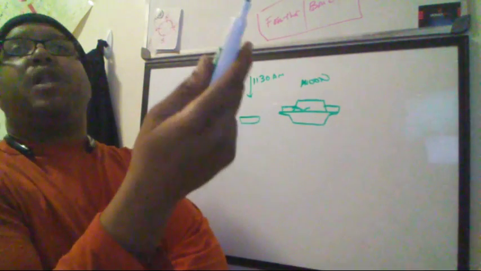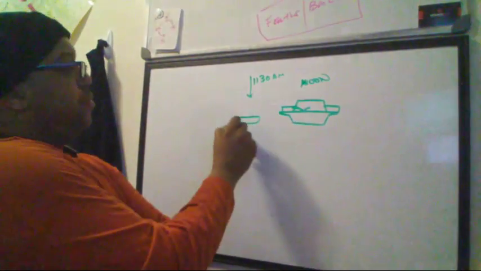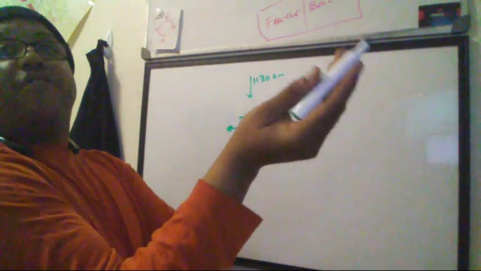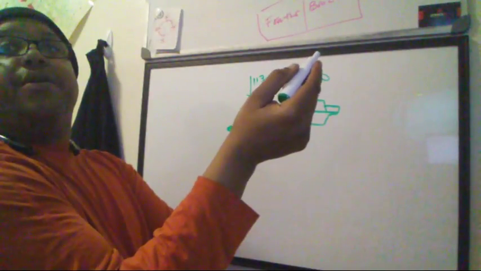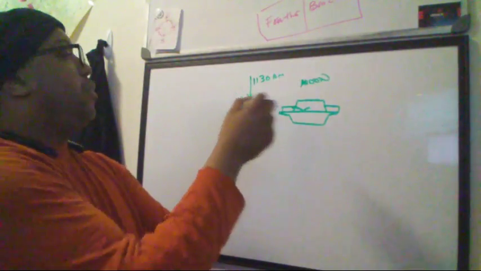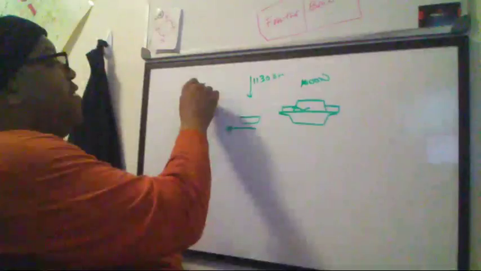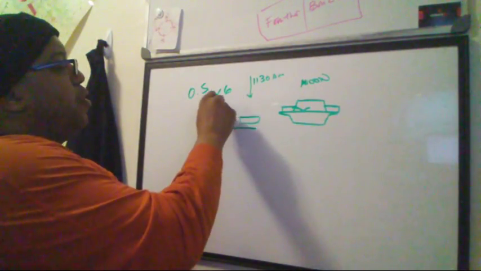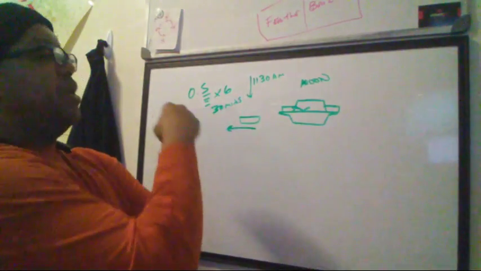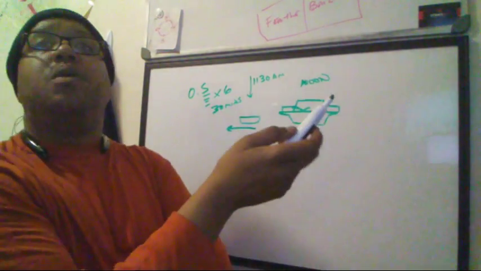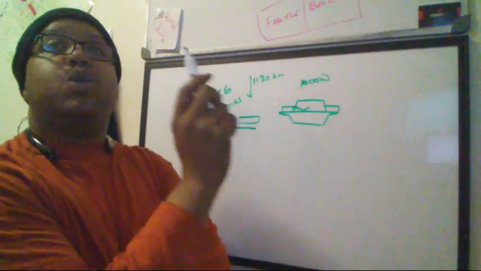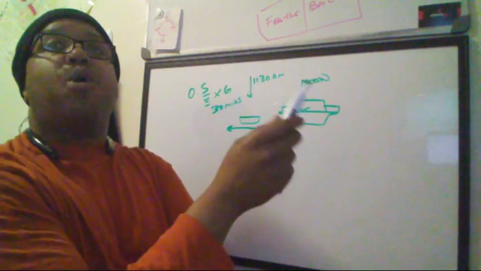The fishing boat left Hawaii traveling west in that direction, 30 minutes. 0.5 hours is 30 minutes. And I would be remiss: when they give you 0.5 hours, just look at this digit, multiply by 6, and that will give you your minutes. 30 minutes. Okay, so the cruise ship is going in the opposite direction, going 12.5 kilometers per hour faster